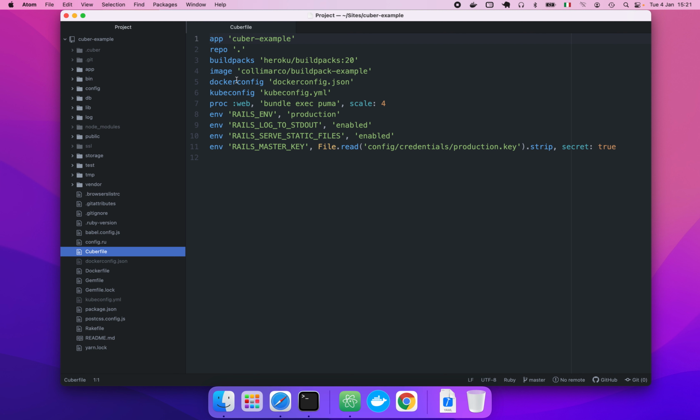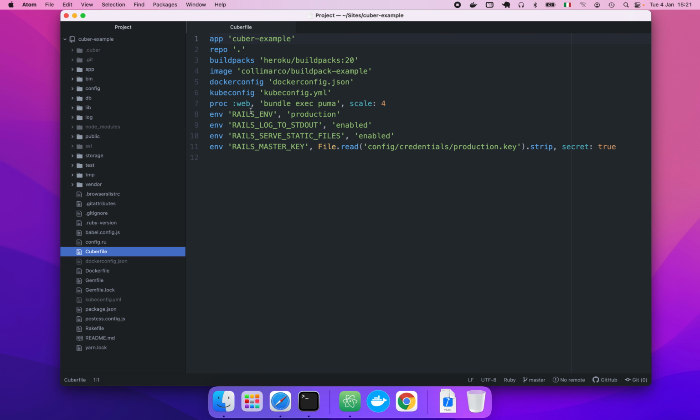Here we set how to connect to our Docker repository and where to store the image of our application. The kubeconfig describes how to connect to our Kubernetes cluster. Proc defines the processes to run in our cluster.